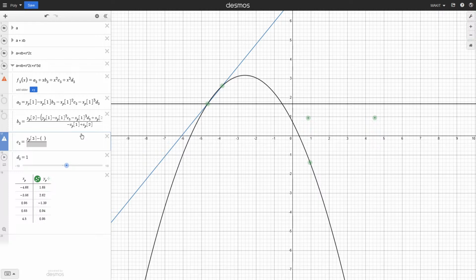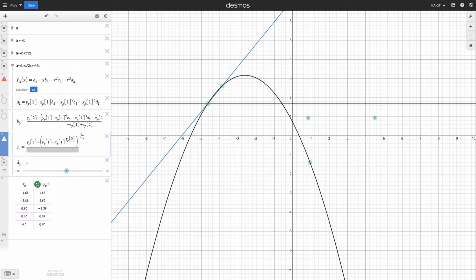Minus in brackets, not next to, y1 minus x1 times fraction, times y2 as a fraction, where this would be minus, and in brackets we'll have